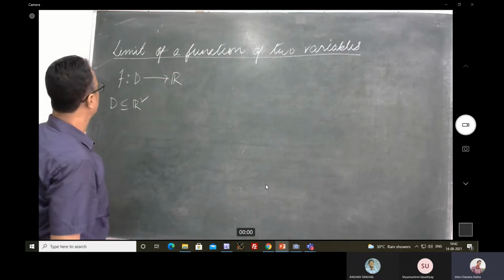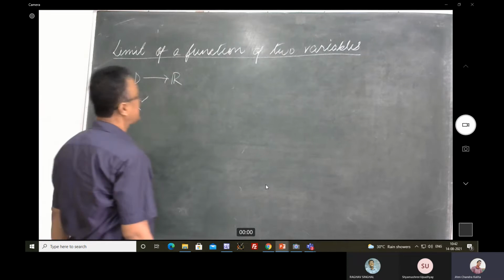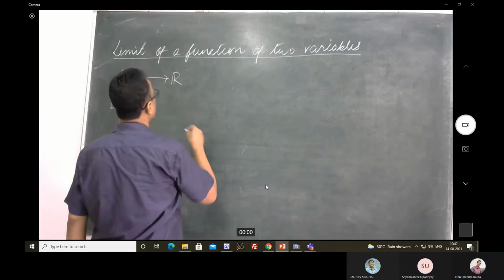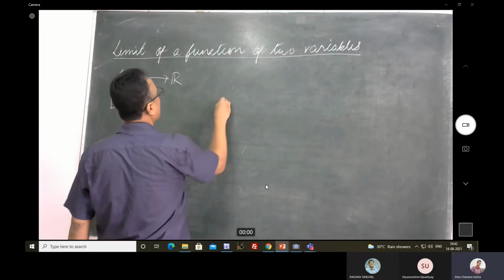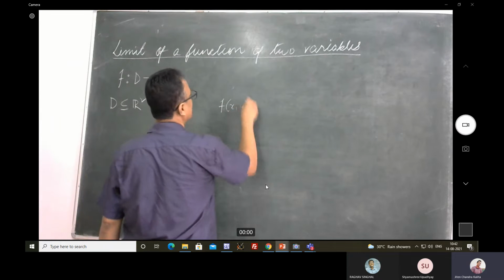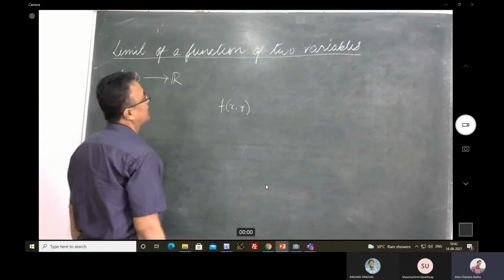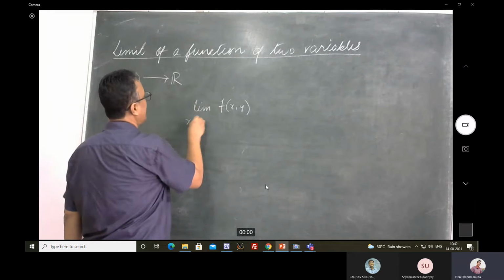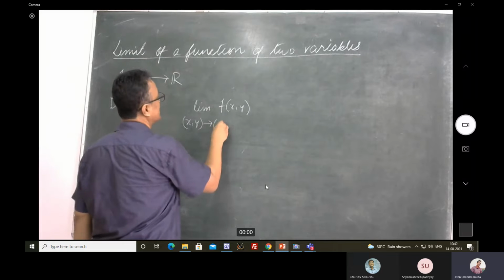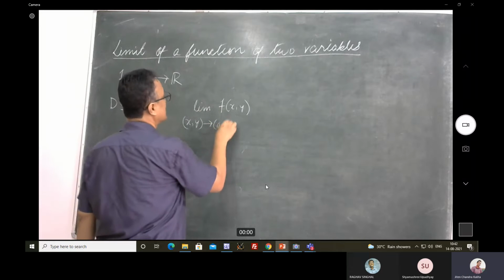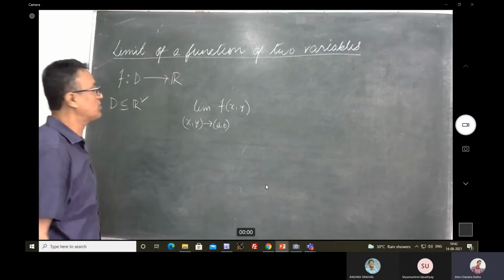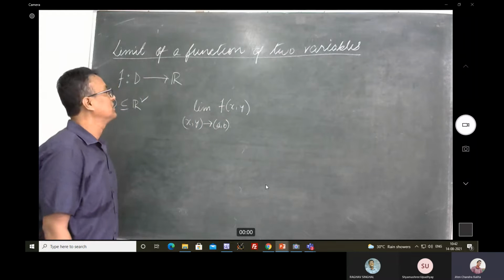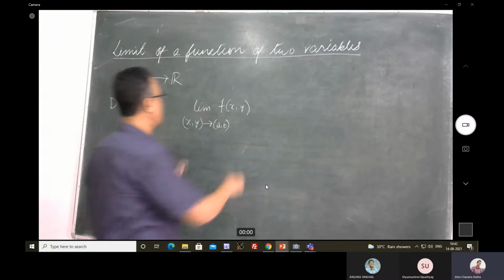Then I say that the limit of the function f at xy, as xy tends to AB, where AB is a fixed point in the domain of definition of f,